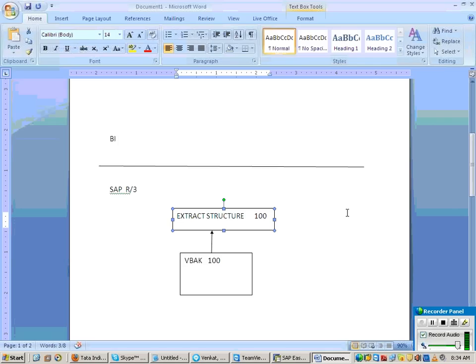Let us say I want to send only 90 fields to my BI system. But I gave the table name while creating the data source, so the same structure has been taken as the extract structure, because I am saying get the structure from what?